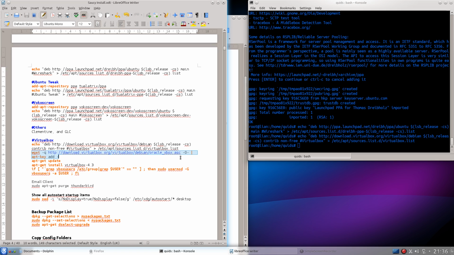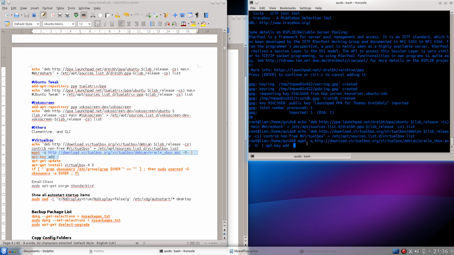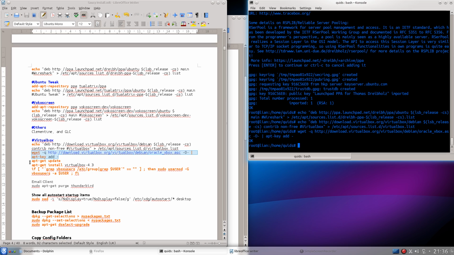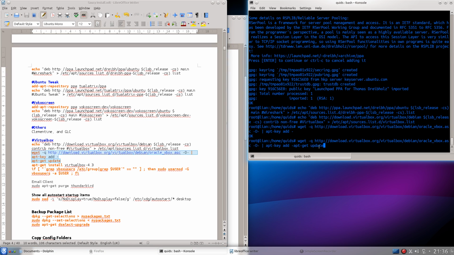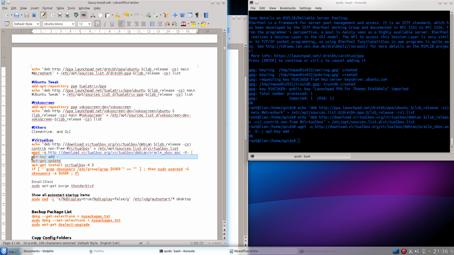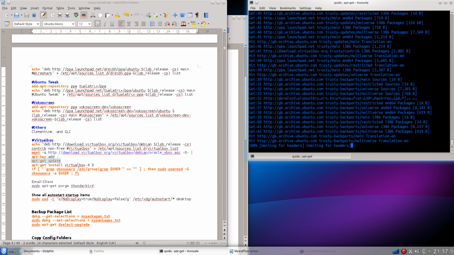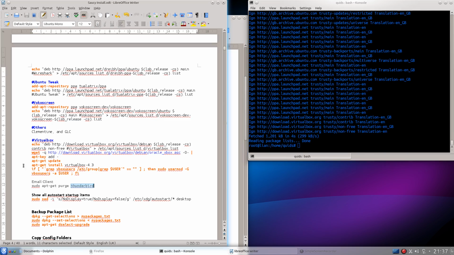Right, get the signing key for it. Ooh, I'm doing Control U to get rid of that line. Don't need that. Ah, yes, I see what I did wrong. Apt-get update. There we go. Kubuntu doesn't come with Thunderbird. Right. So apt-get install